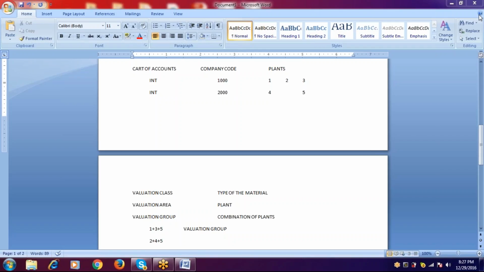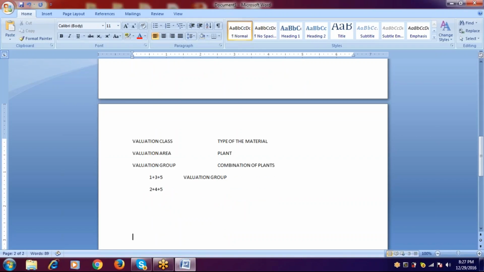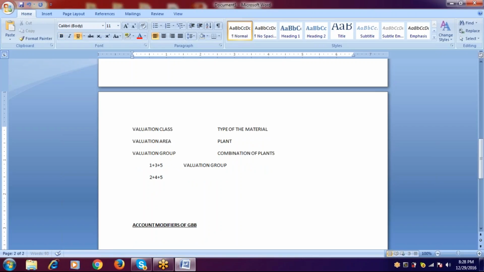In the GBB, you have a number of valuation modifiers. What is GBB? It is goods received. These are the account modifiers of GBB, for the transaction value of the GBB. Which account modifiers will be there? The first one is